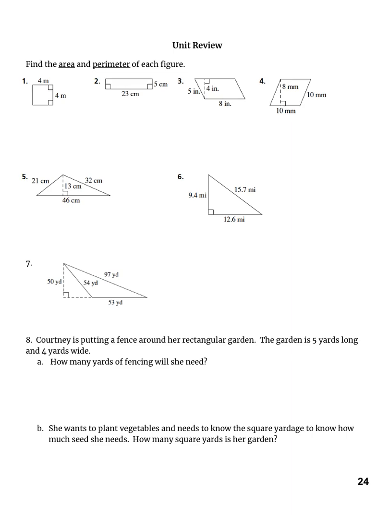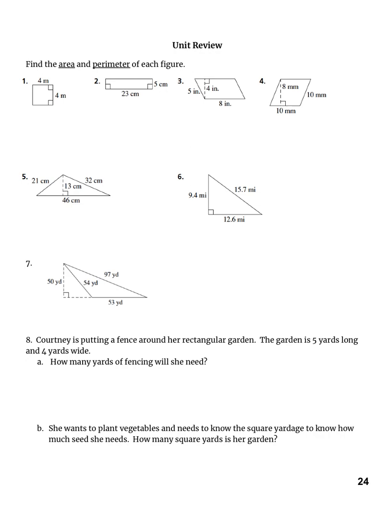Okay, so here is the unit review. The first 4 shapes here are just squares and rectangles and parallelograms, and you're asked to find the perimeter and the area. So I'm just going to go ahead and jump to number 3 then, because the other ones are pretty simple. So in number 3, if I'm going to find the perimeter and area of this